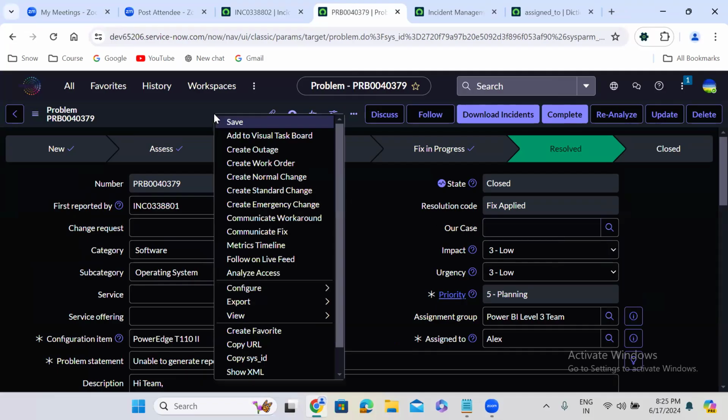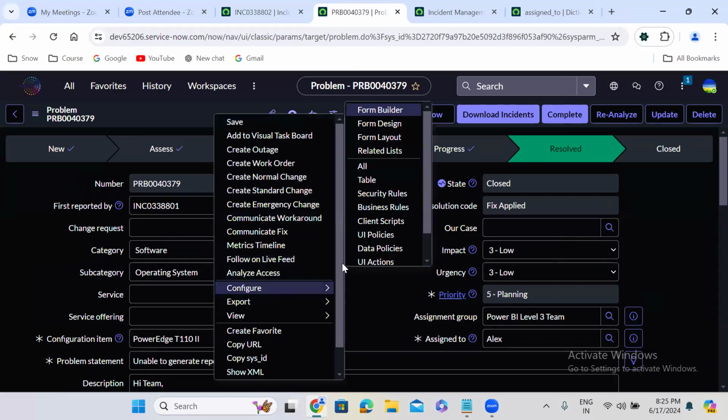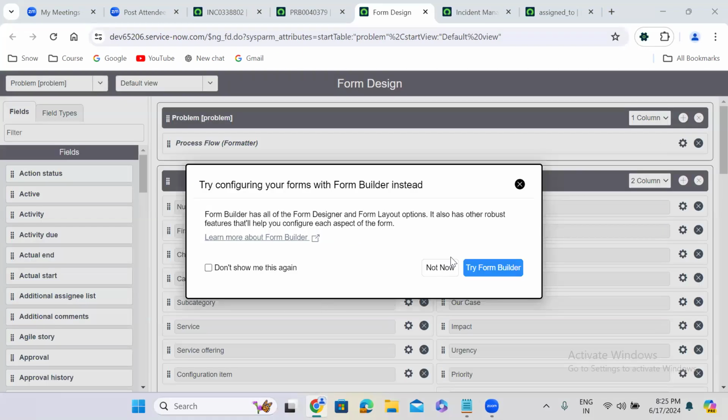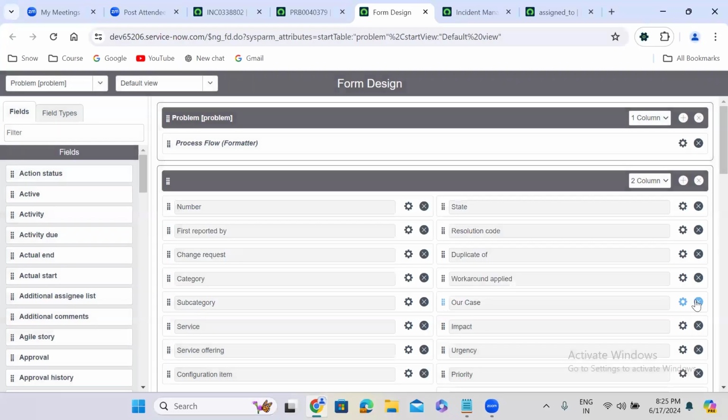So I will go to the form design or form layout and remove that field from the form. I'll save the form.